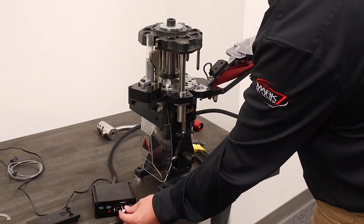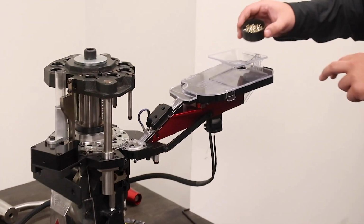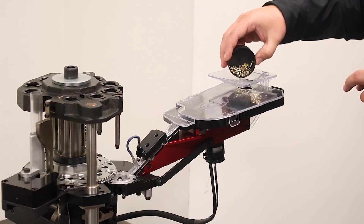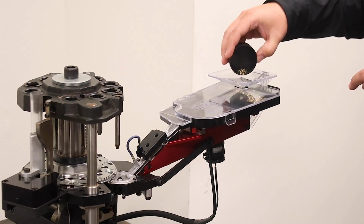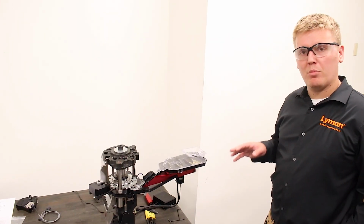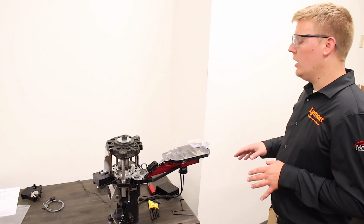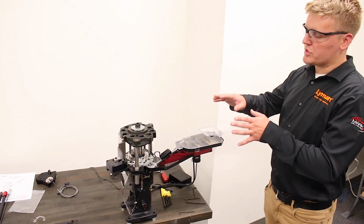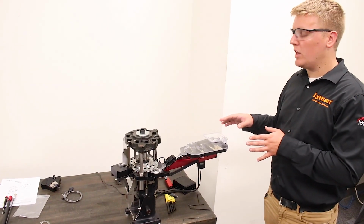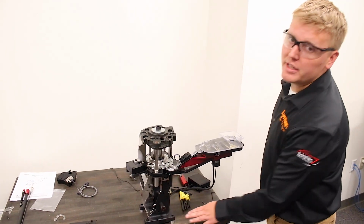I'm going to start a little less than half speed. Primer Express's funnel is fixed. You can add primers as the unit is running. One very important note of Primer Express, you need to make sure that your bench setup is level. If you notice that you have primers accumulating on one side or the other, the first thing I would check is your bench level. This bench here actually isn't perfectly level, so I actually had to raise these left feet